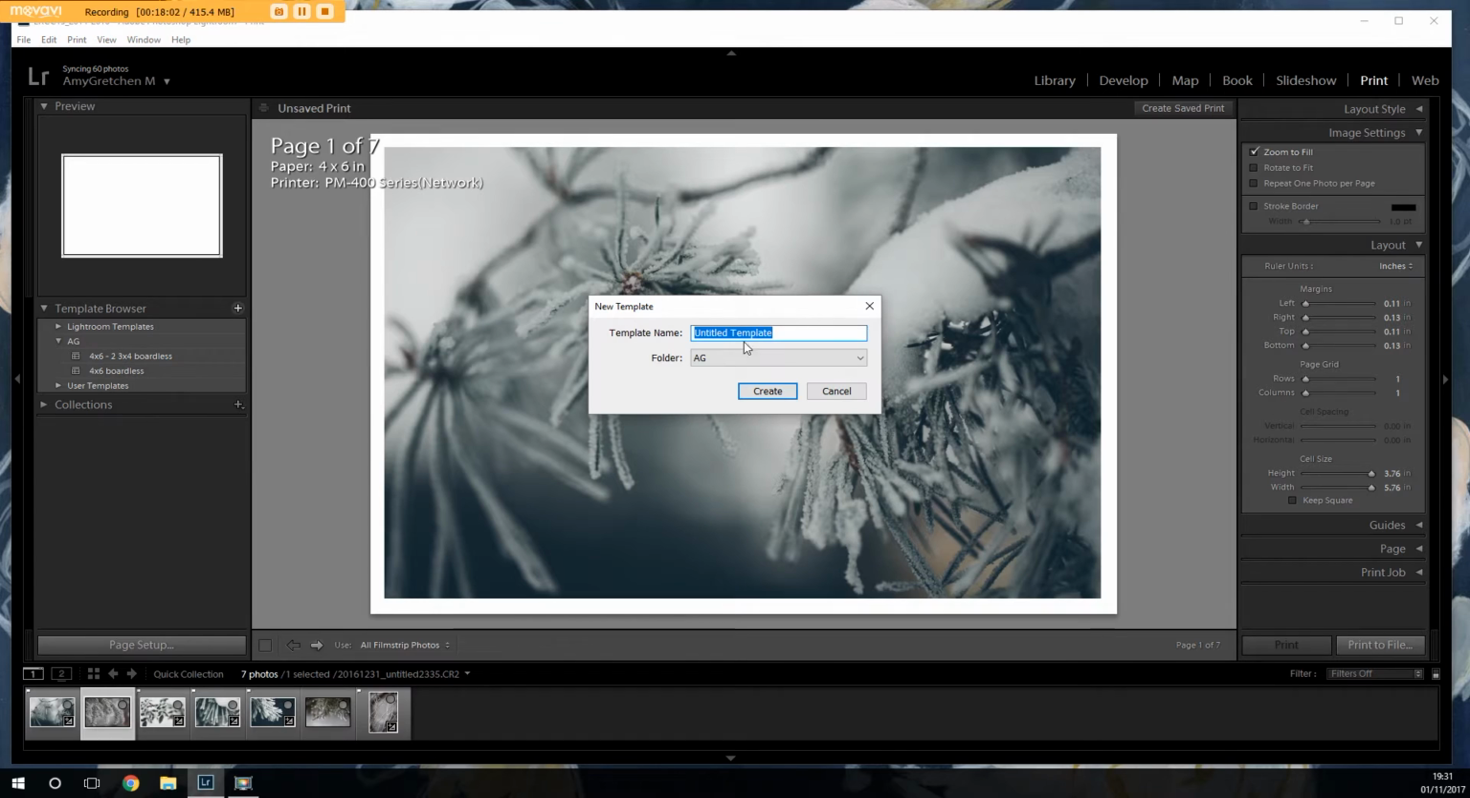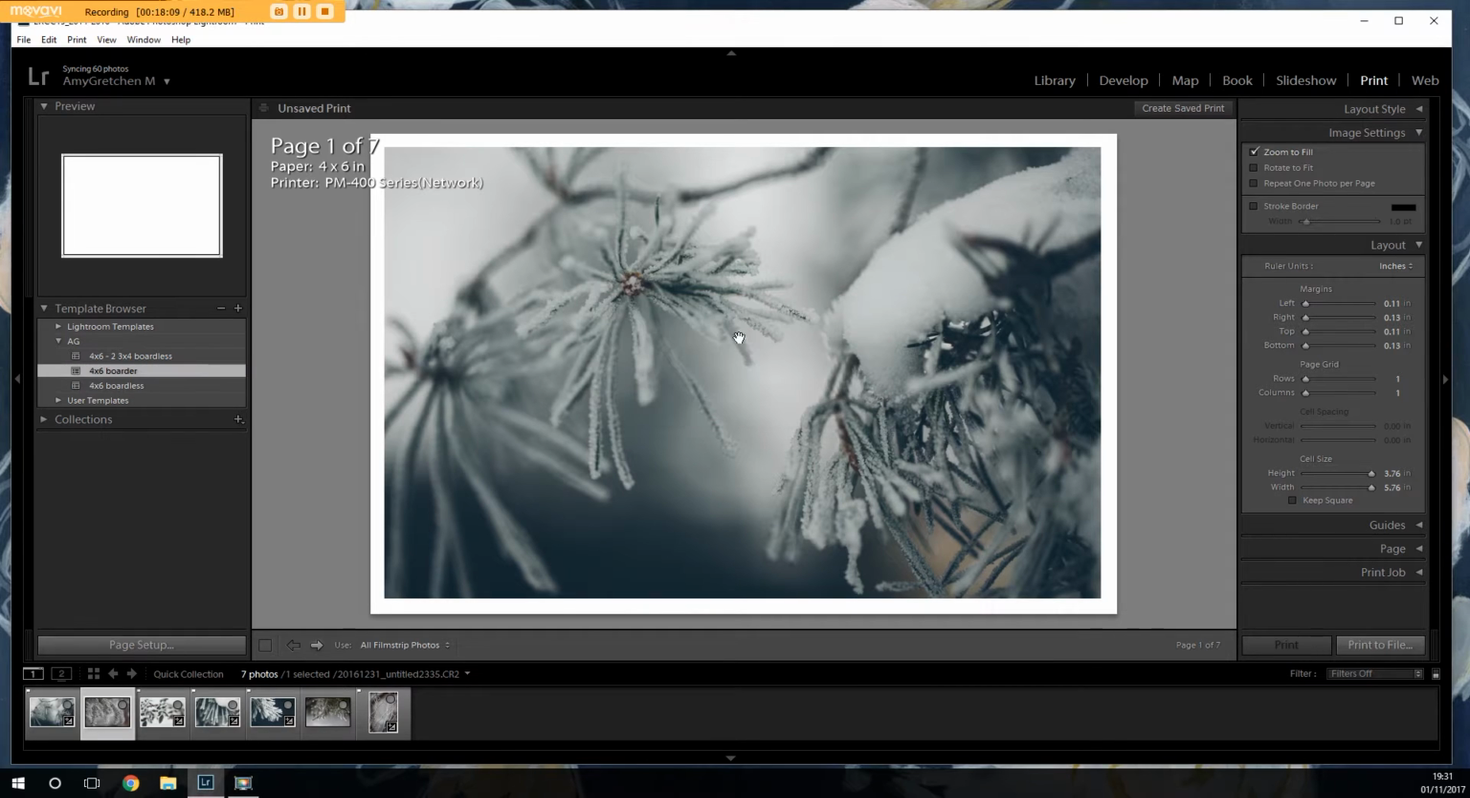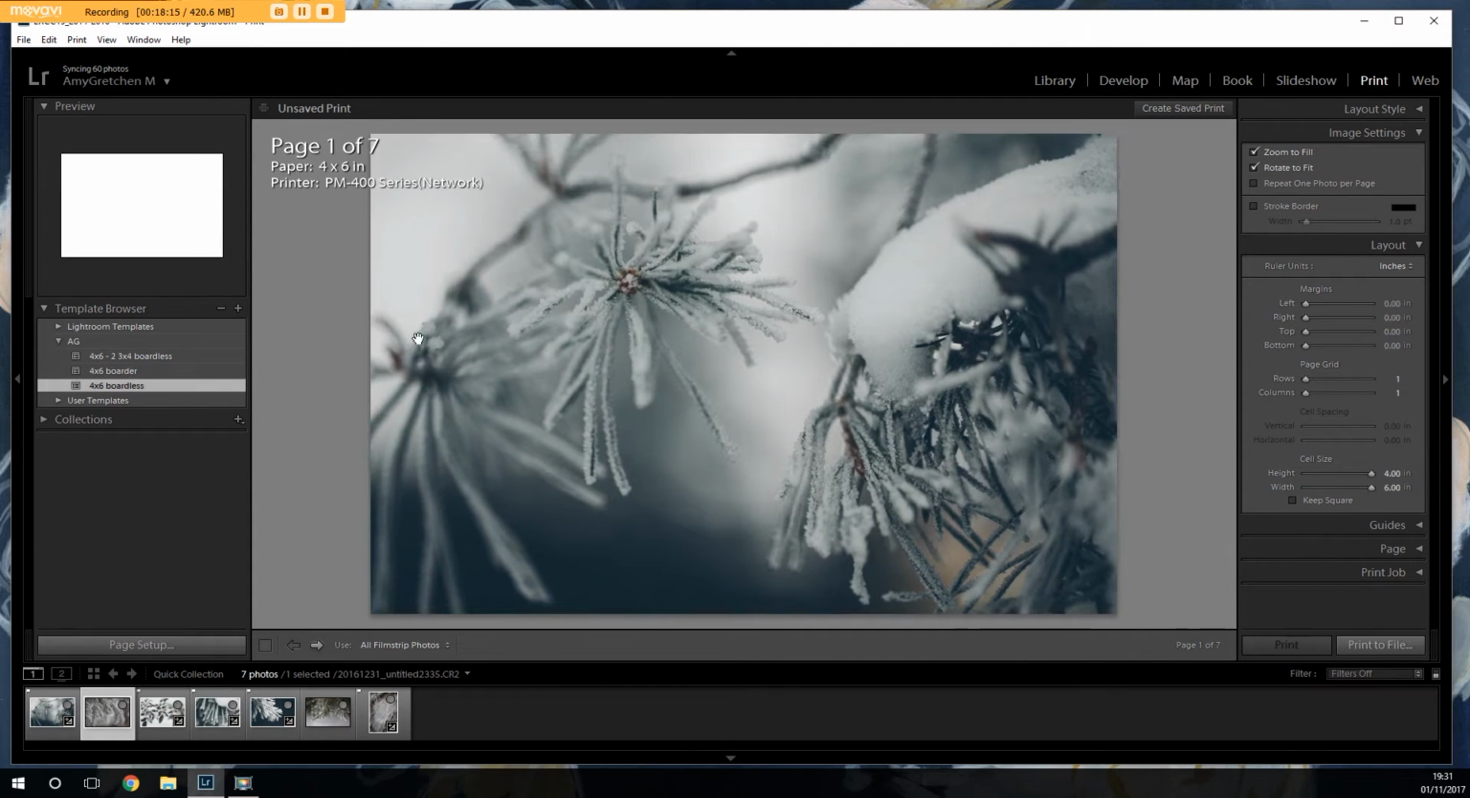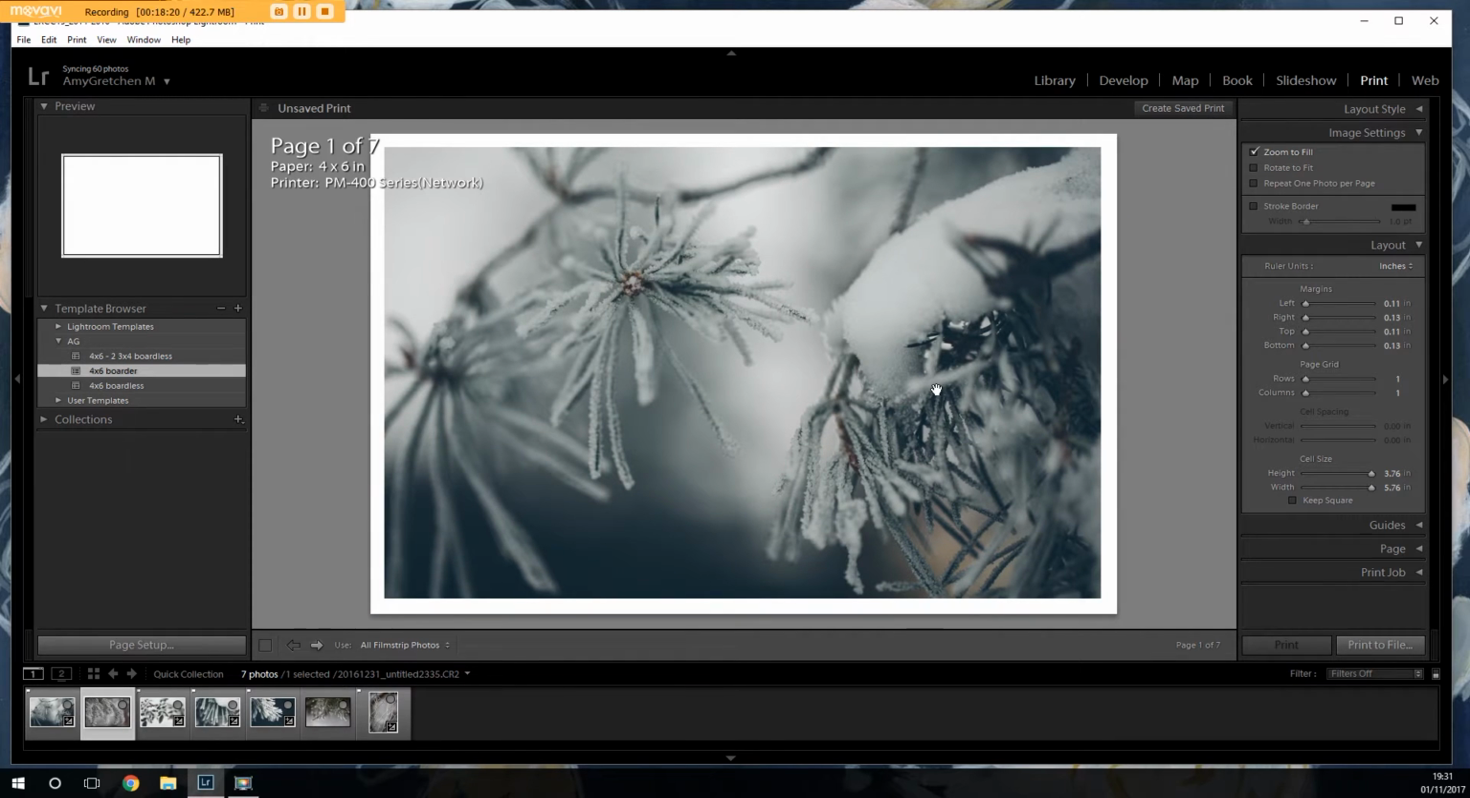So I'm just going to create this so you can see 4x6, and then I'm going to put border, and I'm going to hit create. So now I can go back from borderless to border really easy, and I don't have to go through all those settings again. So now what I want to do is let's go to the border,